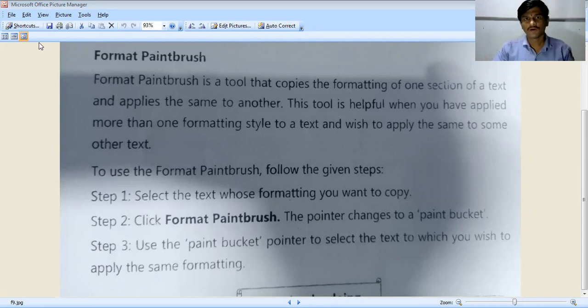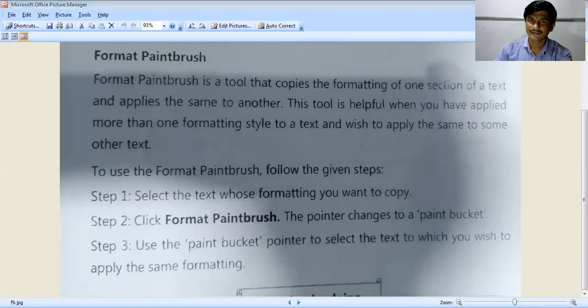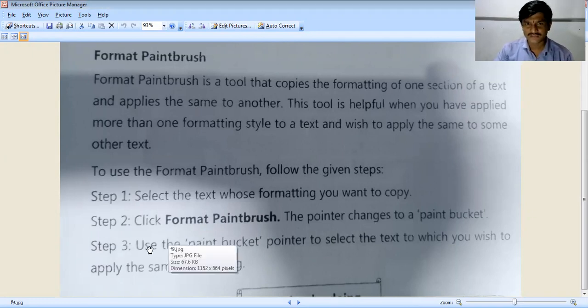When you click on that, you will see the changing icon. Once you select, the pointer changes to a paint bucket. See here, the paint bucket pointer is visible. Then third step,